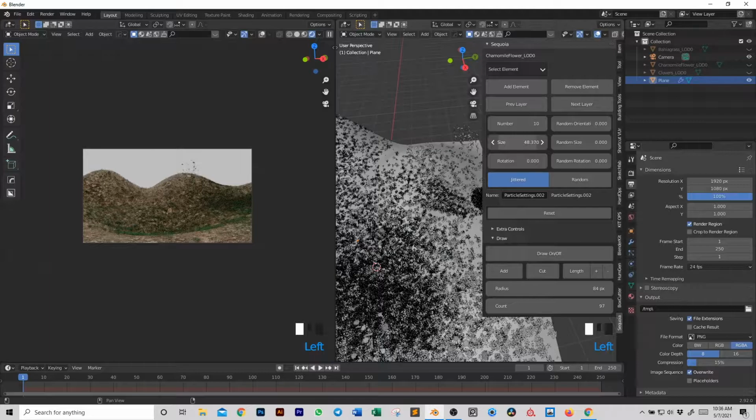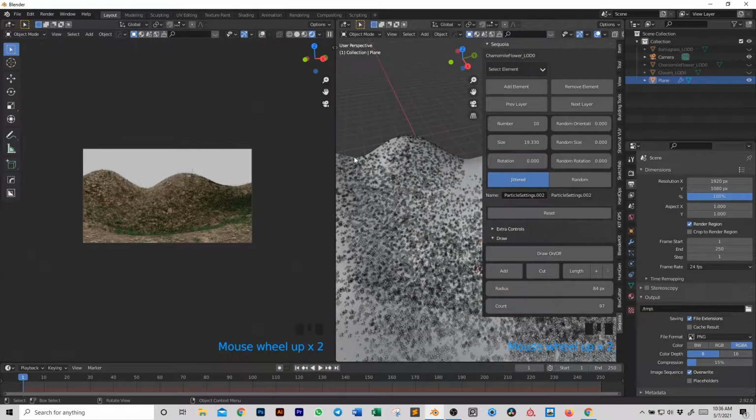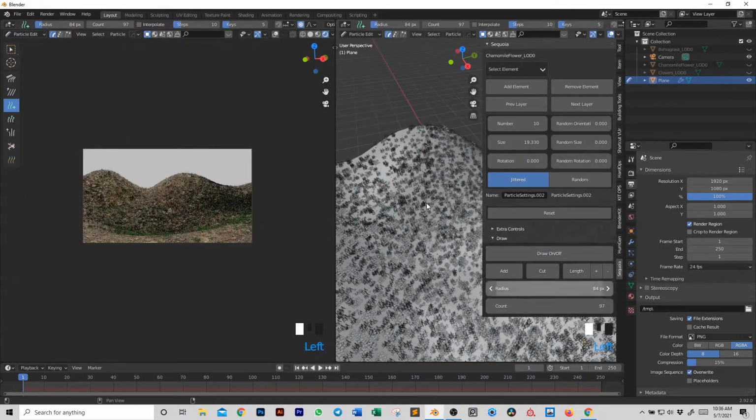Let's make it definitely smaller, much smaller, and then let's start drawing it. So I wanna, as I said, draw it on this side of the mountain so that it's pretty visible. So I turn on draw and then make the radius smaller. I just wanna make a group of flowers that somehow grew on this side of the mountain. I wanna make them quite visible. I'm drawing around, and at this point I can